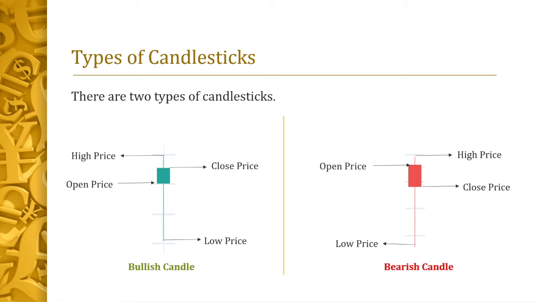Now I hope you have understood the types of candles, the bullish candle and the bearish candle. Once again, let me explain: the candles on which the open price is low and the close price is higher are called bullish candles. You can see why. The price at which the market opened was here in this graph, and the price at which the market closed is here. So the closing price is higher than the open price. It means the price has gone up,